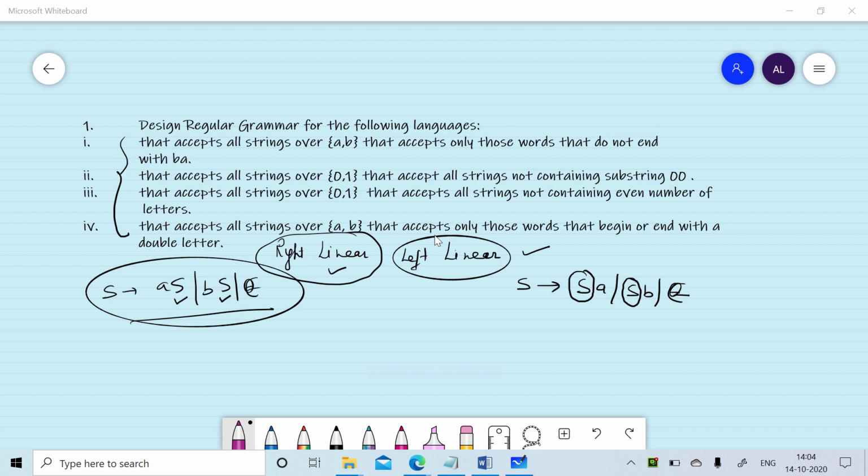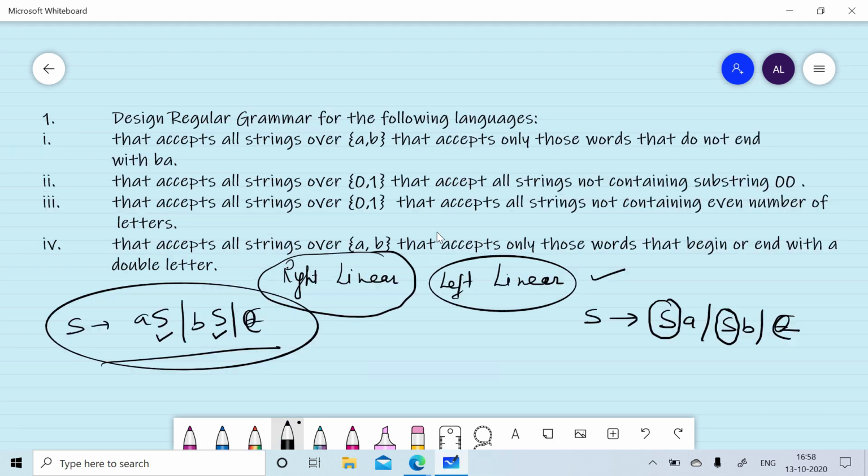Therefore, we will call it a left linear grammar. For these four problems, we will design right linear grammar. You can easily convert right linear grammar into left linear grammar.